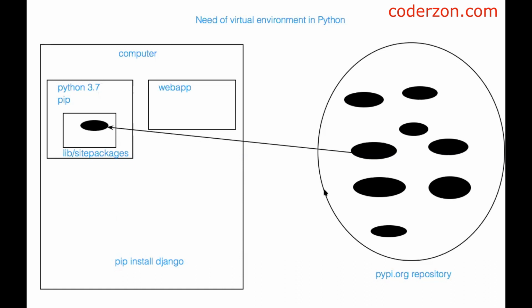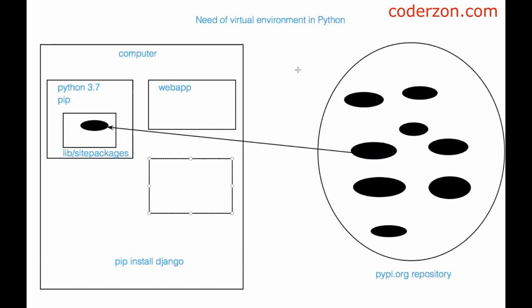I hope you got an idea at a high level of what is actually happening when you install a library using pip. Pip is the package manager for Python. In a project, we will be using multiple libraries. We need to install, uninstall, and update those packages, so using pip, we can manage those kinds of tasks. In a computer, if you are planning to work with only one project, this is okay. But in reality, we will have to do multiple Python projects on a computer.